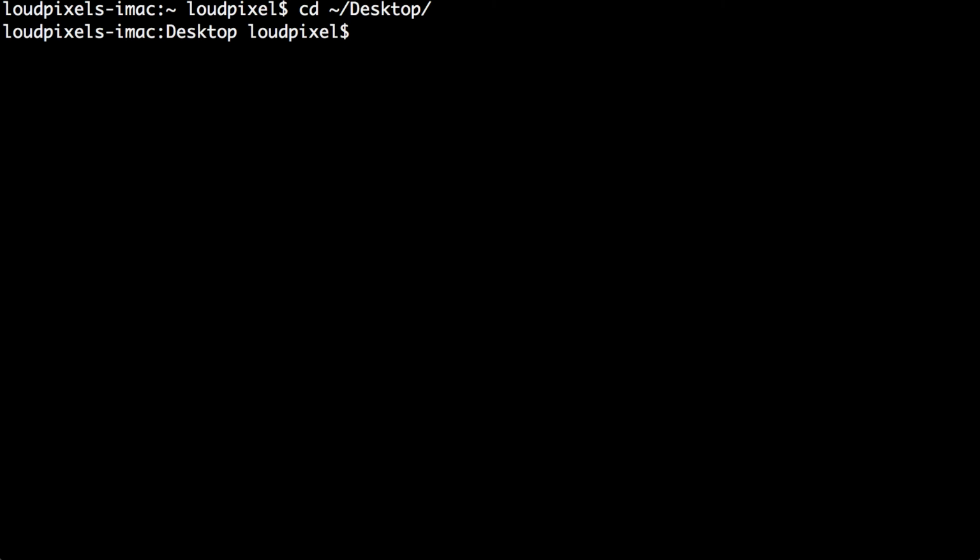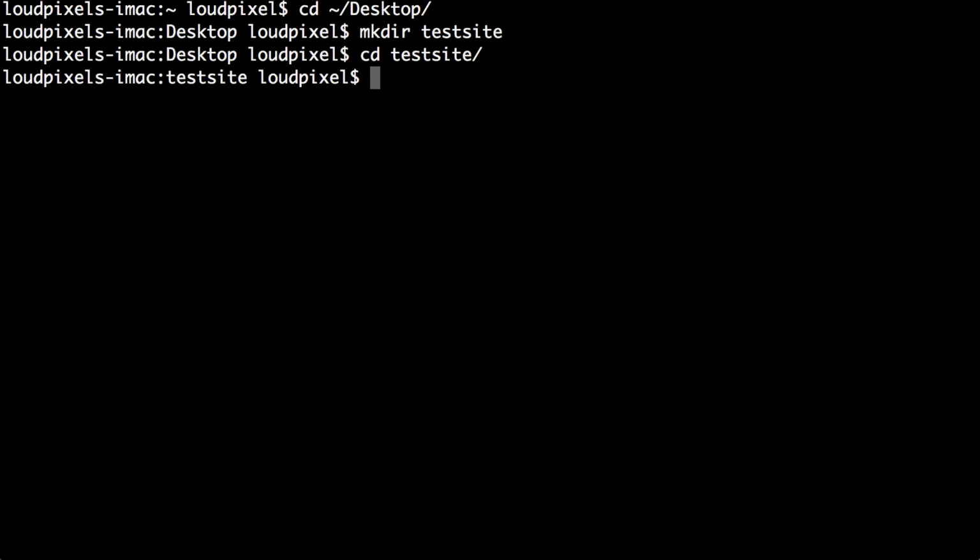So OS X already comes installed with Python. If you install Python on Windows, you'll also get access to this functionality. Right now I'm on the desktop, and say we create a website in test site. So we'll make a directory called test site, and we'll change directories into it. And then we'll create an index.html file